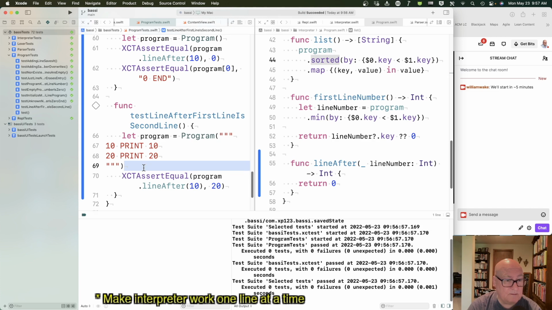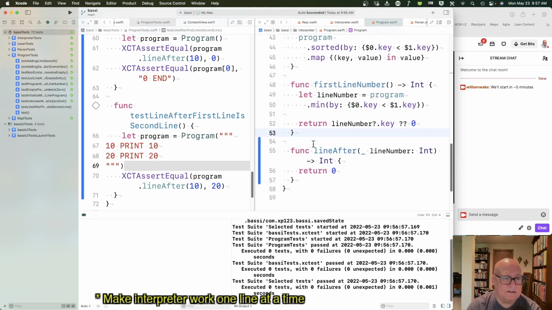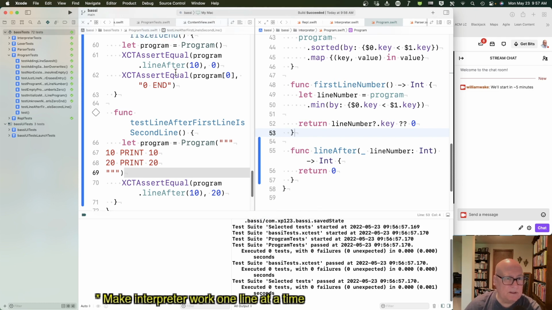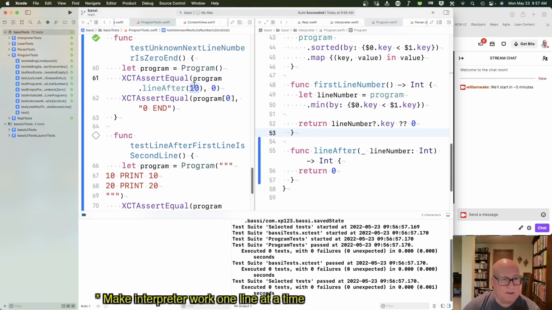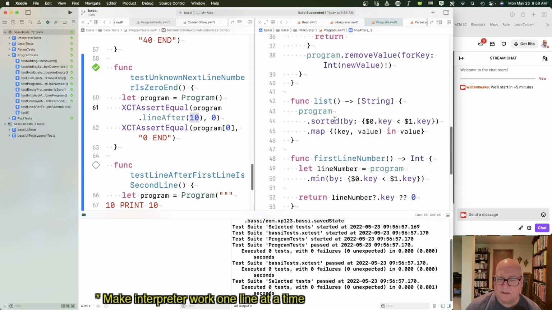And if there is, take the entry after it. Does this justify that? I think it does. That first one's a little bit of a lie, because for the line after 10, when there is no 10, you're going to have to deal with that case. So I'm maybe dealing with two cases. But let's take